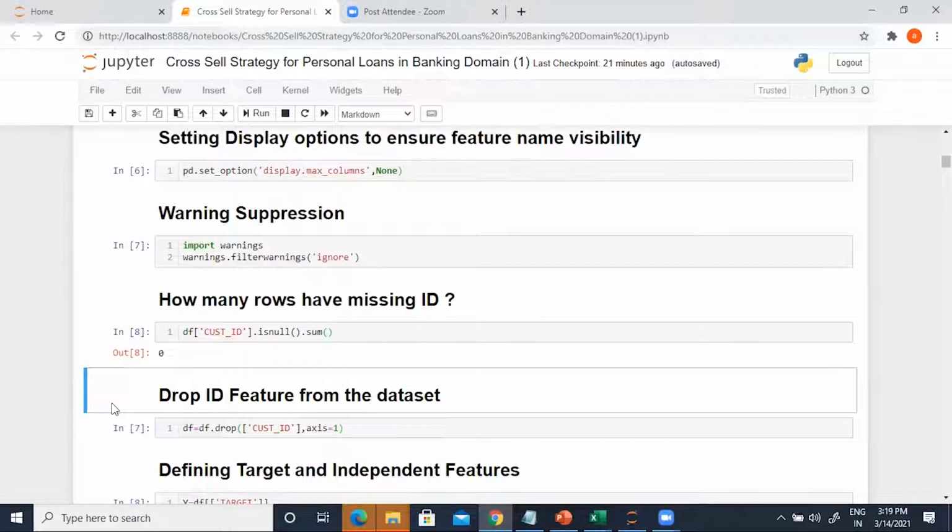Okay, some customers are responding, some customers are not responding. Then what if the ID variable, I mean, if a customer with a particular kind of ID responds and a particular kind of ID doesn't respond, then that is a good way to predict, right? Then what is the issue with ID? It may affect, we haven't checked. It is possible that everybody who has responded to a personal loan has the number 2 in the third digit of the ID. Who knows? There can be a pattern, but we still have to drop the customer ID variable.